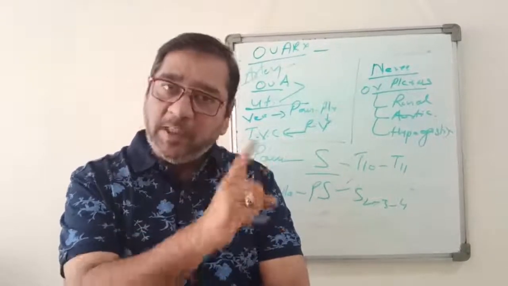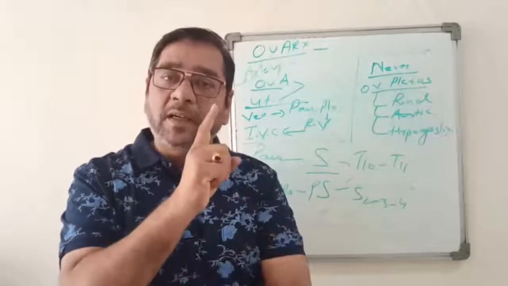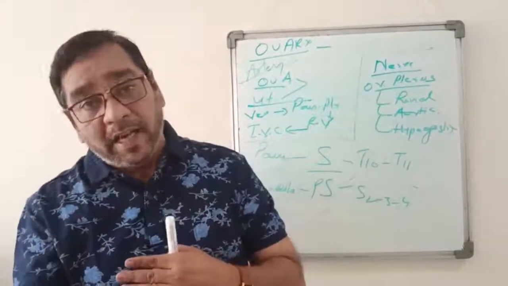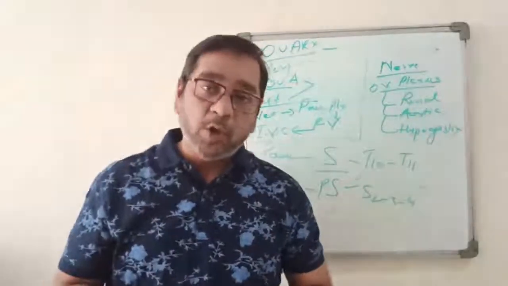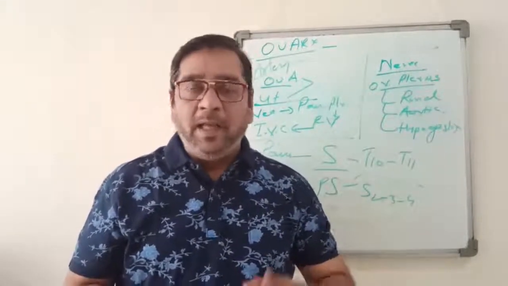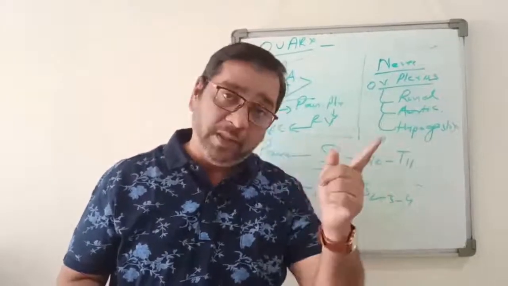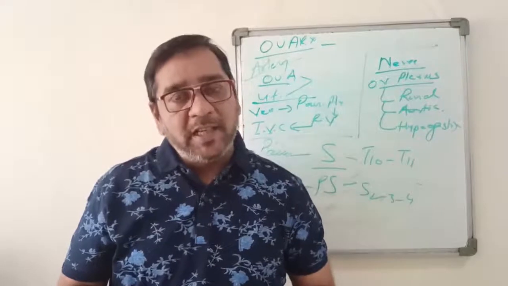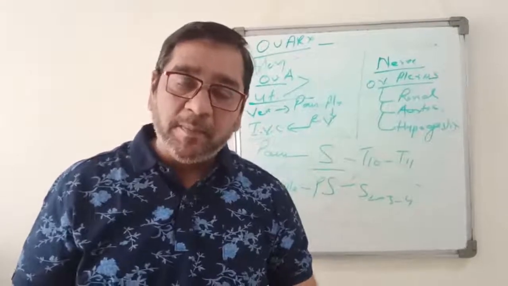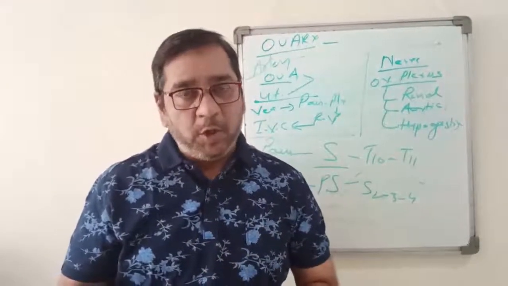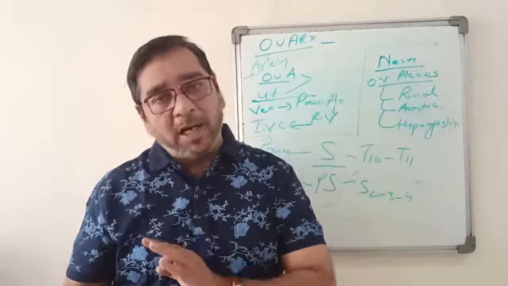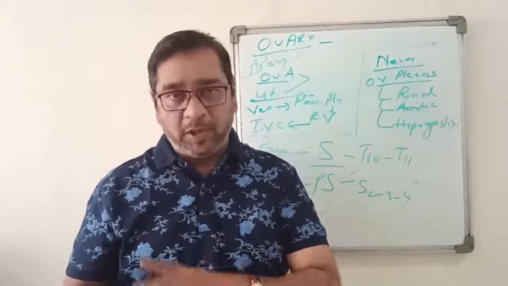So on the 14th day, the ovulation takes place, which can be a little 2 or 3 days before or 2 or 3 days after. But in a 28-day normal cycle, you have the 14th day ovulation. The hormones produced are estrogen and progesterone. Estrogen is secreted by the paraluteal cells and the progesterone is secreted by the luteal cells. So the important function is ovulation and the production of hormones, that is estrogen and progesterone.